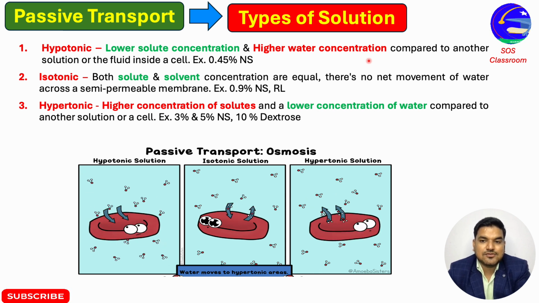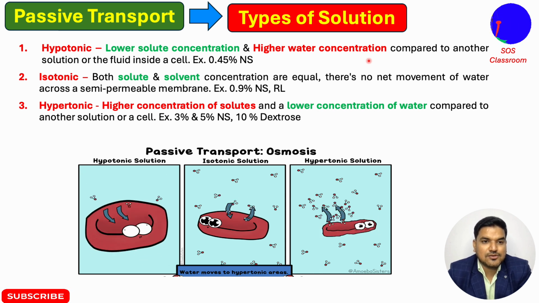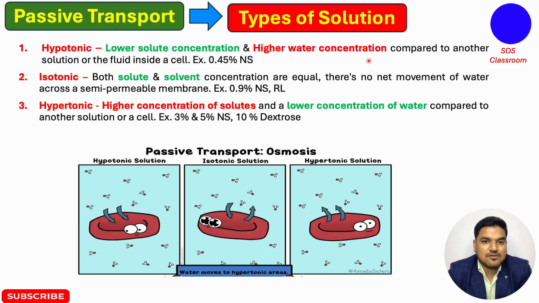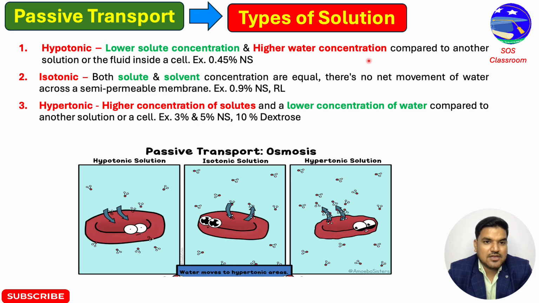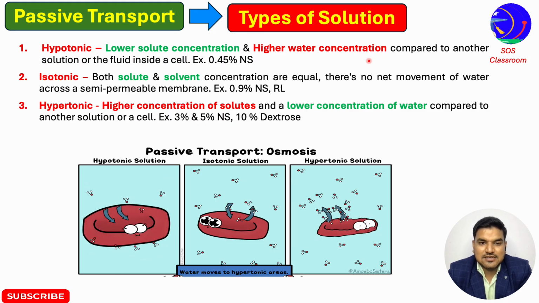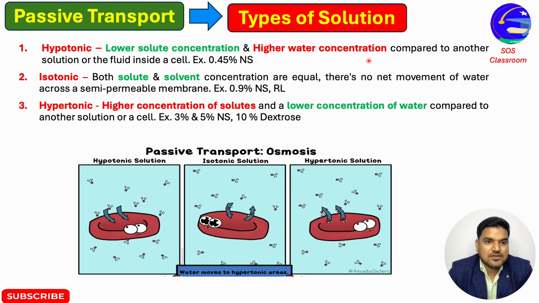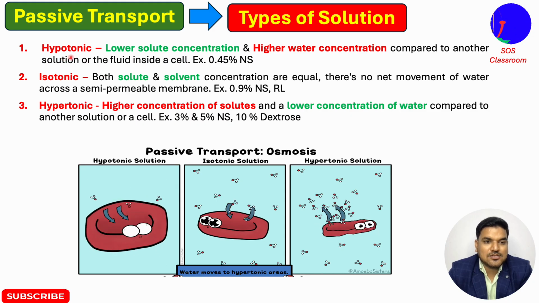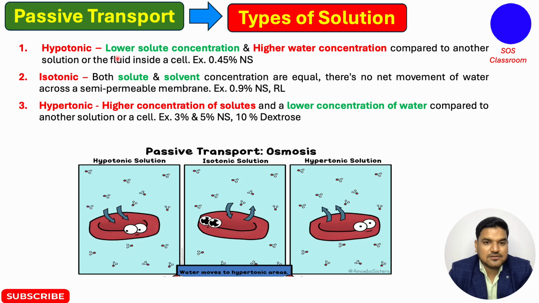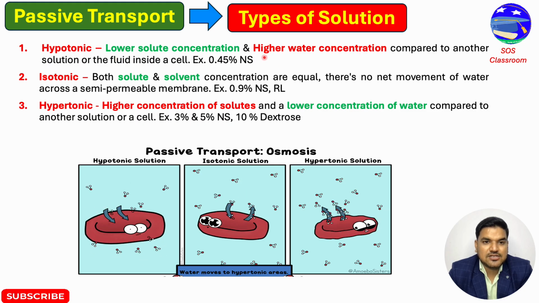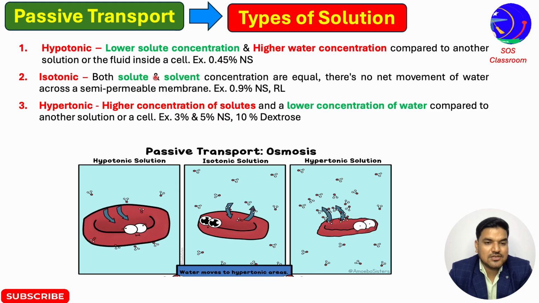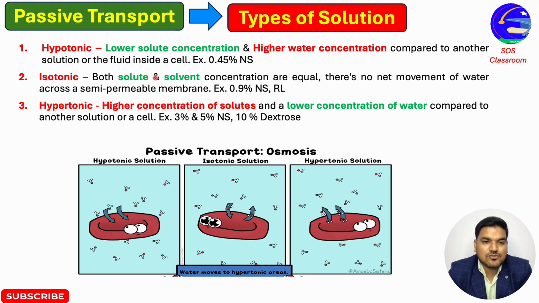How is a solution formed? First there are the solute molecules, then the solvent, and then the formation of the solution. There are two things: first the solute molecules, second the solvent. Then what will happen in the hypotonic solution? Solute concentration is lower and water concentration is higher compared to another solution which may be present toward the